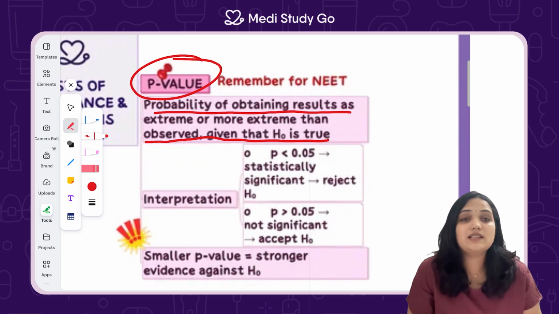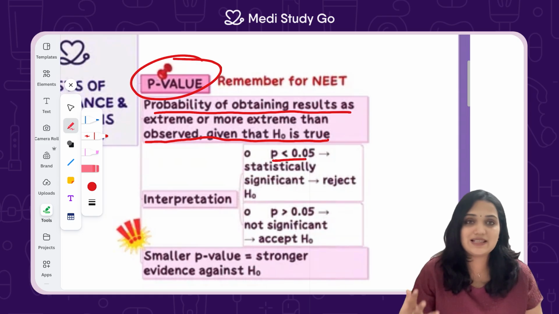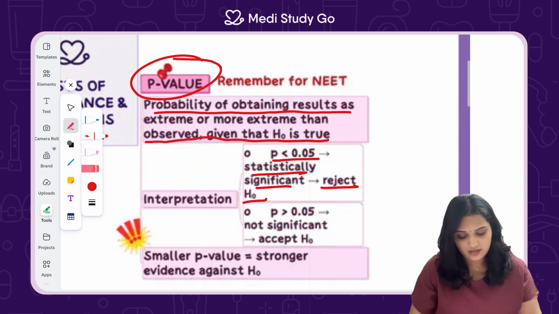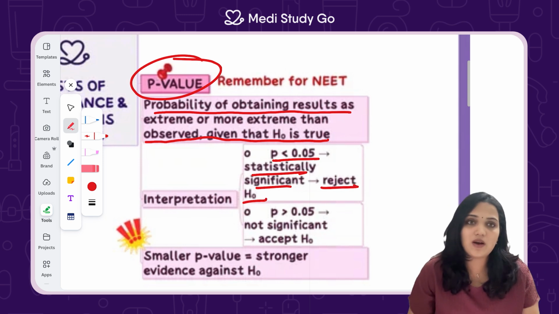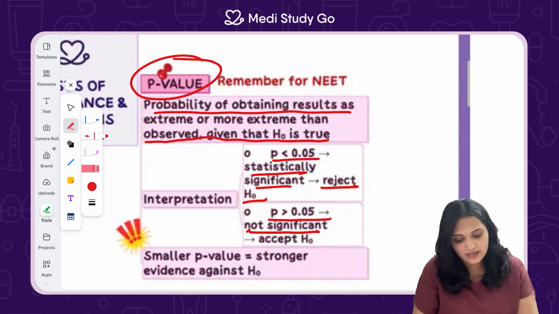Okay. The interpretation for this goes like this. Remember this. If P is less than 0.05, it means that it is significant. That means we reject our null hypothesis. And if P is more than 0.05, it means that our value is not significant